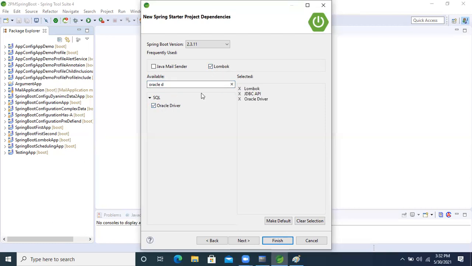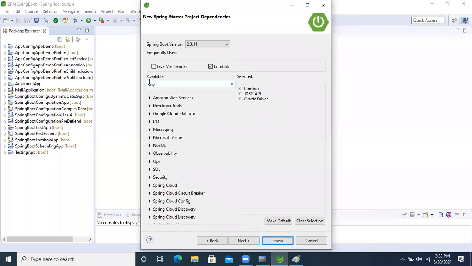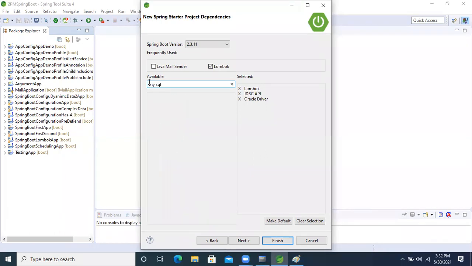Select Lombok also, because in future it will be needed. In future, if you want to work on MySQL, you have to search for the MySQL starter, and the MySQL driver will be there.